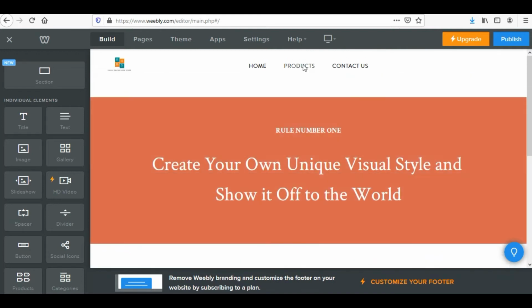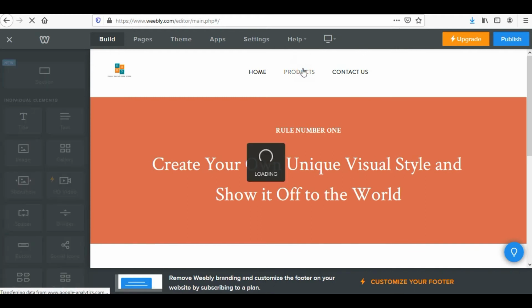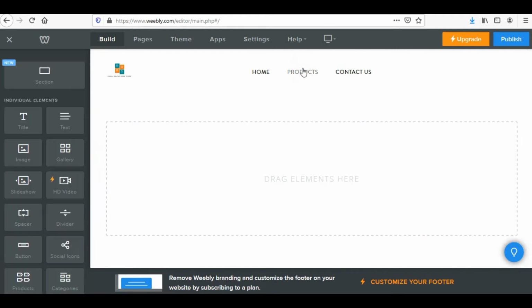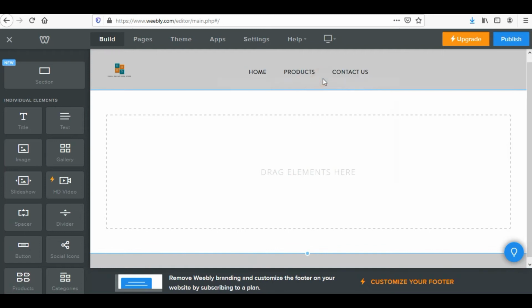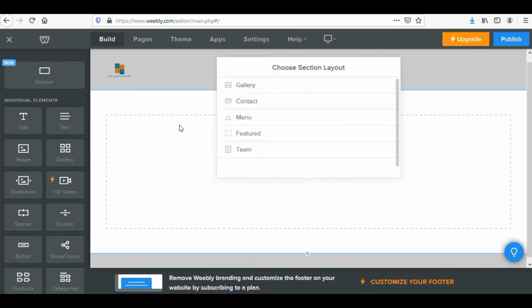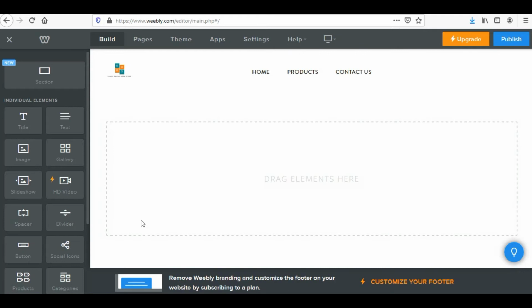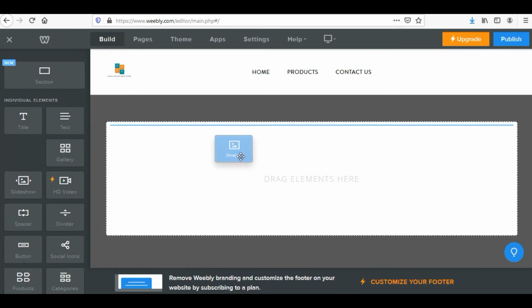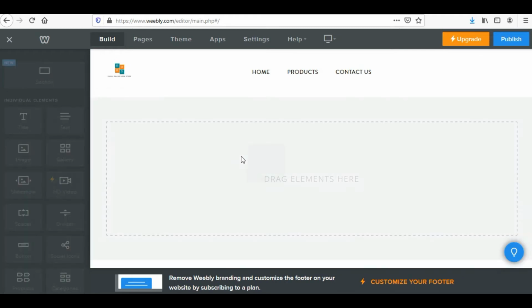Then I'll move to the product section. Now right now I'm just creating a layout, because beyond this point I'll just populate it with the different listings that I want to make. So in the products it is right now blank. If I'll click on elements and I'll try to add a layout, see there is nothing related to products over here, but how I want to put my products in it. So what I'm going to do, first of all, I want an image. I'll bring an image into my editor as an element and I'll drop it.